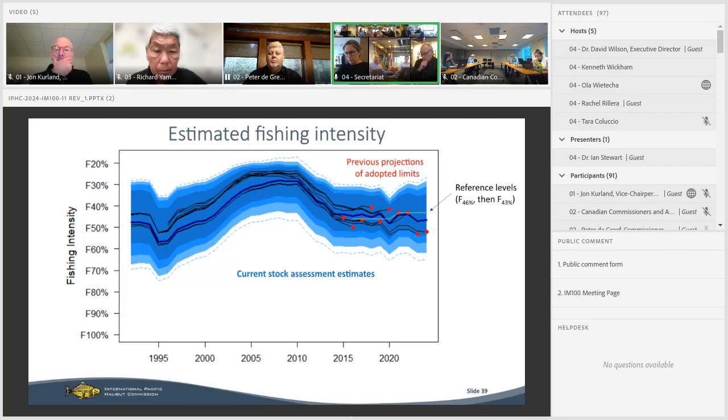And for 2024, we estimate that the fishing intensity corresponded to an SPR of 47%. Noting that the reference levels shown as the green line there, previously 46%, and then beginning in 2021, an F43%, have been right around this level of fishing that we now estimate to have occurred on the stock since approximately 2013, with each of these previous stock assessments bouncing around above or below that level, but all in this range around the reference level over this time period.